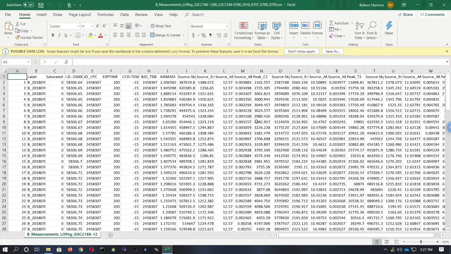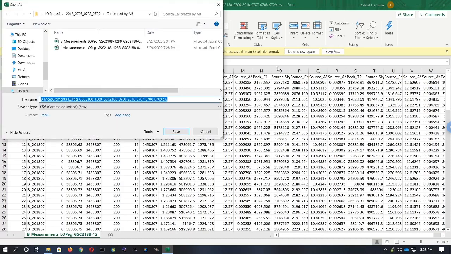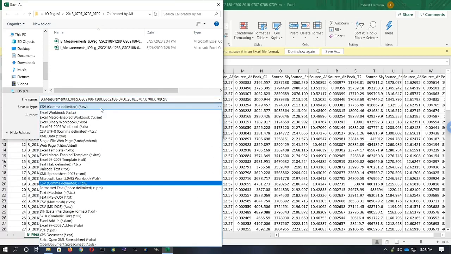Should be able to just double click it and have it be associated with Microsoft Excel already. And then you're going to see a warning message about if you make any changes, then they could be lost because a CSV file, being a text file, can't store all of the formatting and so forth information that Microsoft Excel can. So what you want to do is go ahead and click Save As, and then save it as